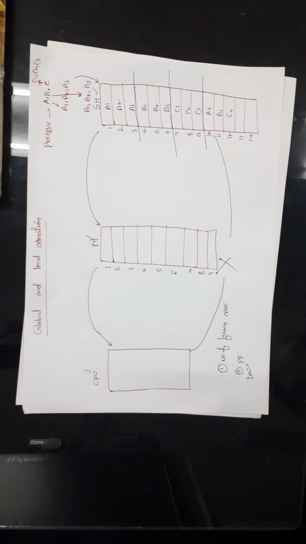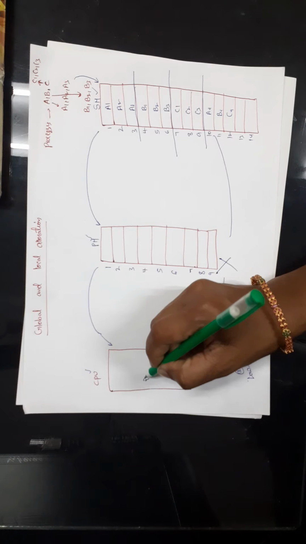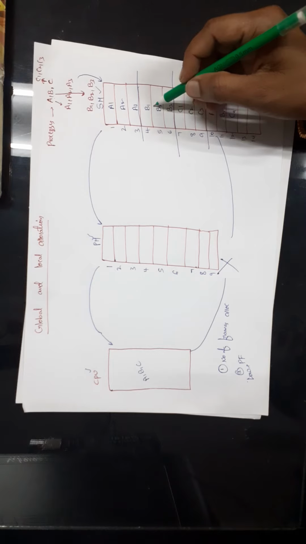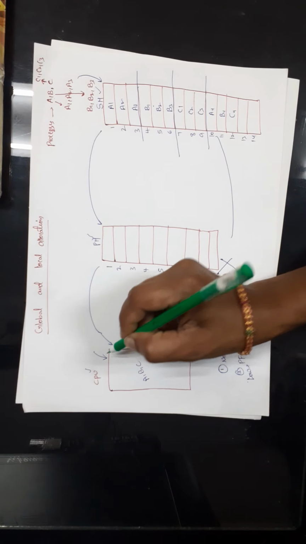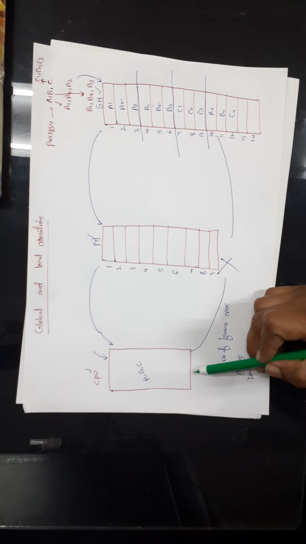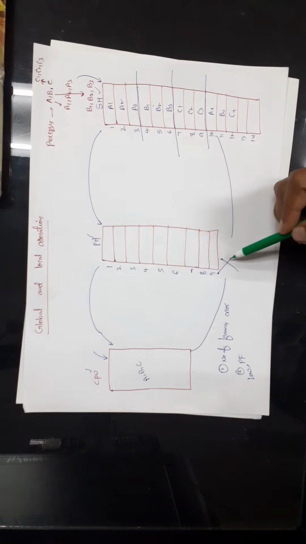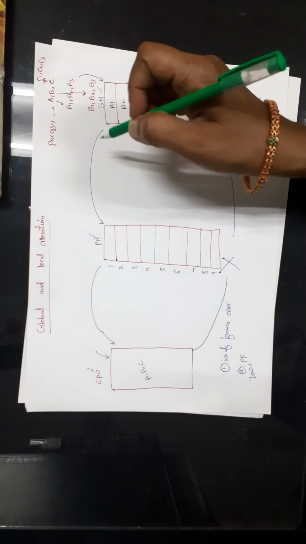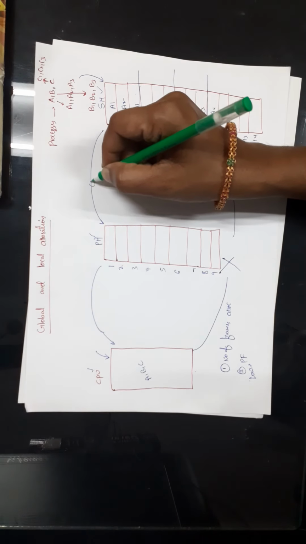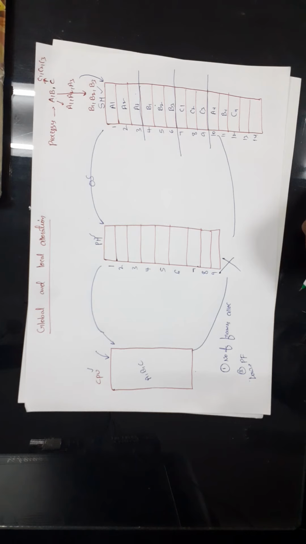Now let us assume that the CPU wants to execute processes A, B, C. In order to execute these processes, first it should access the data, and only then can it execute the data. But if you observe, the CPU cannot access the data from the secondary memory directly. So first this data should be brought from secondary memory to the primary memory. Moving the programs from secondary memory to the primary memory is the responsibility of the operating system. So now the operating system should bring the program from secondary memory to the primary memory.